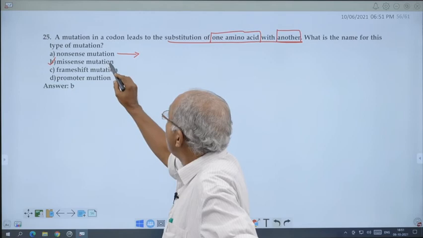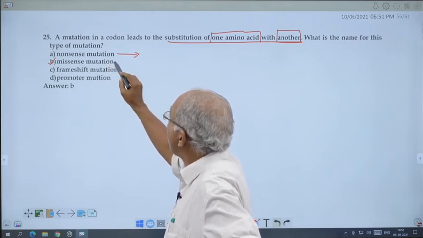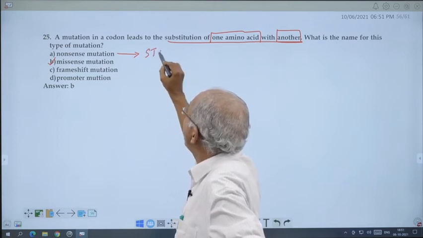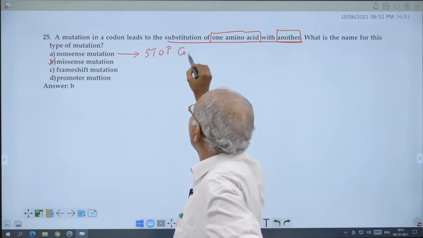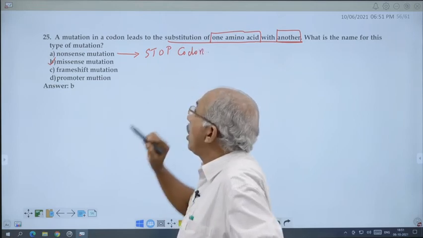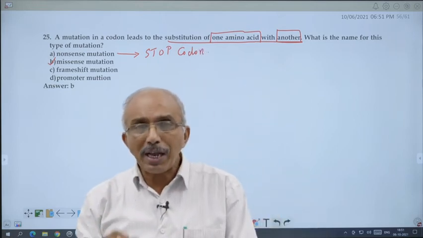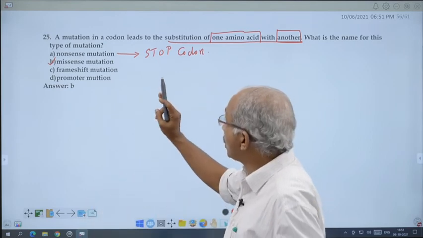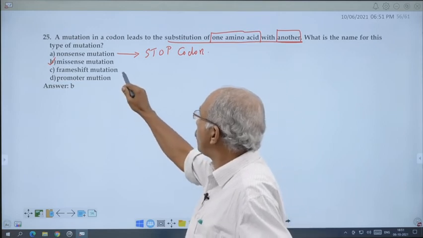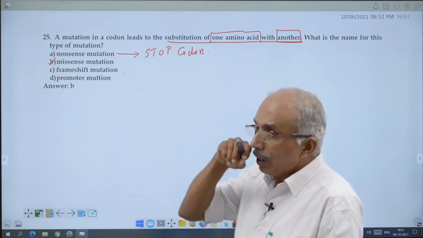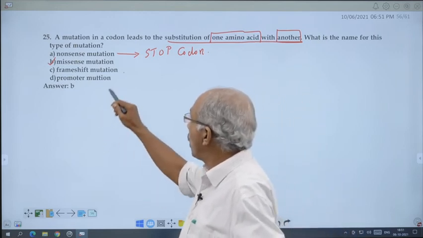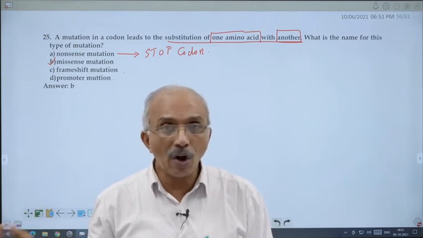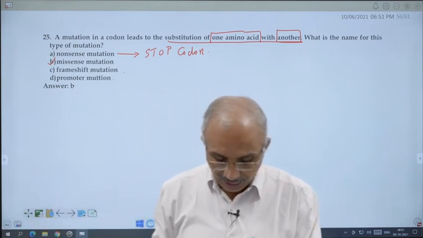Then, missense mutation. If a mutation causes the formation of a stop codon, it is called nonsense mutation. Frameshift mutation we studied, a change in reading frame. Promoter mutation, where mutation occurs at the promoter, is not related to this. Next,